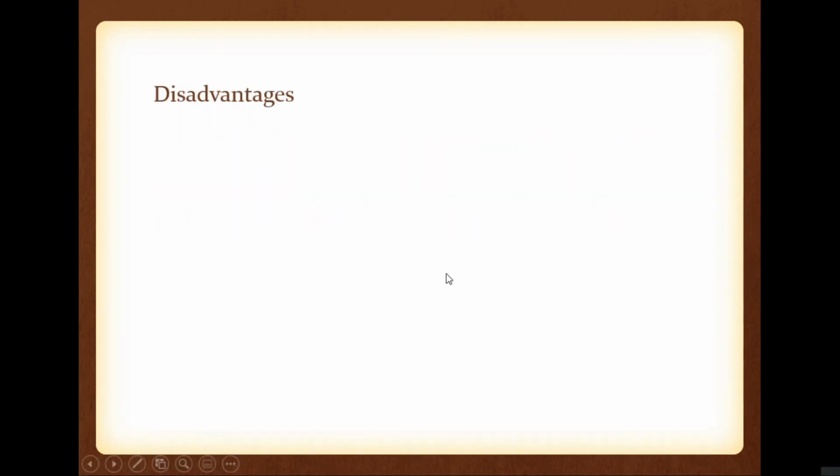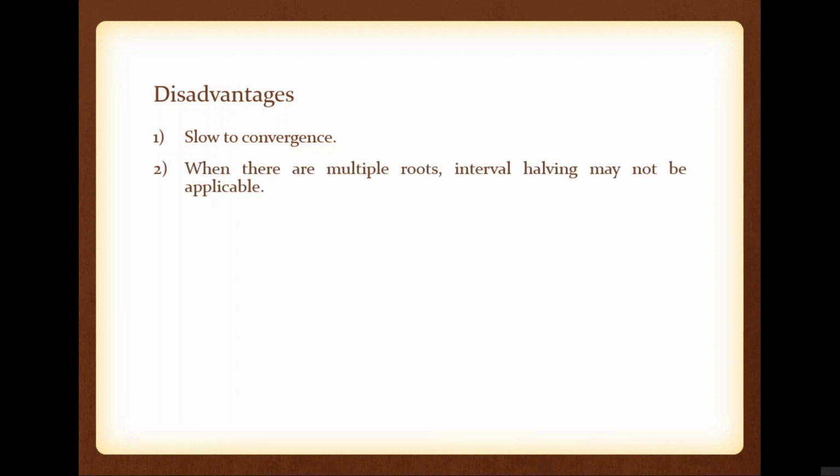Now what is the disadvantage of this bisection method? First one is, I told you it will take large time, means large steps. So the rate of convergence, that is speed of convergence, is small. It will have slow speed of convergence. Then another problem is, if the interval has more than one root, especially if the interval has an even number of roots, it will not give an answer. So please note, that is another important thing. The interval must have a single root. If it has multiple roots, especially even roots, or if it has complex roots, it will not give an answer. So that is the problem we have with the bisection method.